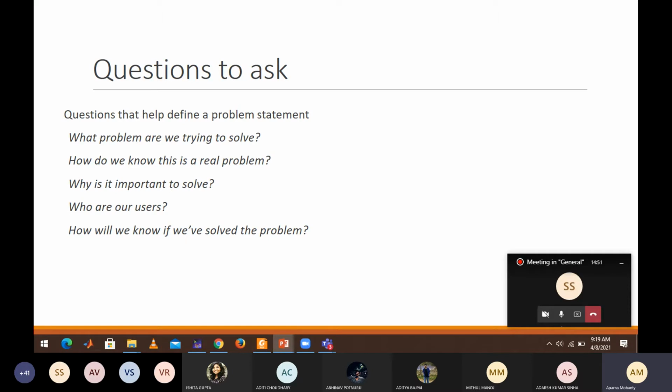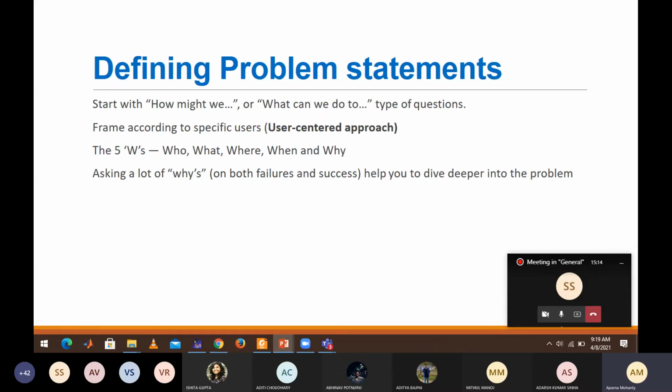Why is it important to solve? That is the motivation. Who are the users who will benefit by solving these problems? How will we know if we solved the problem? At the end you should be able to justify that whatever problem you thought of, you could solve it. It's not that you did something but it didn't solve your problem.